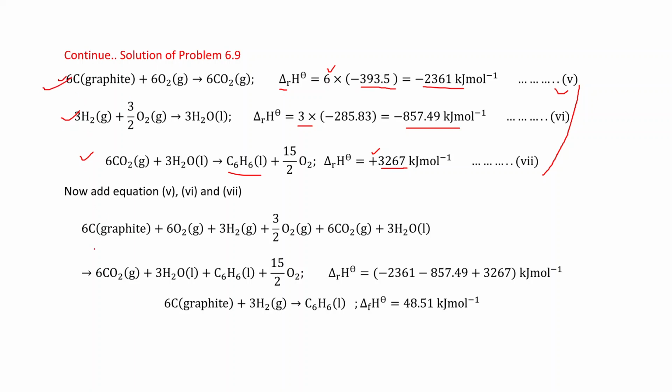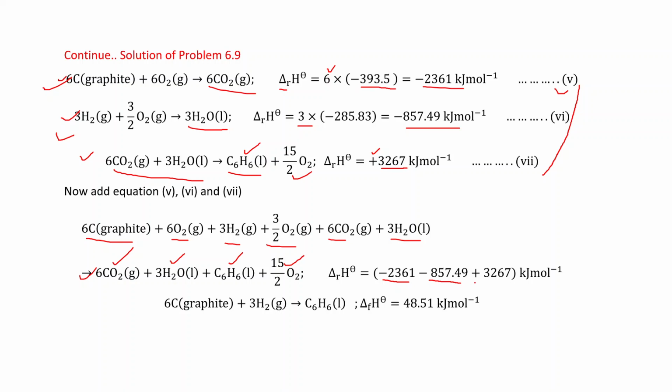From this we can write 6 graphite plus 6 O2, and from this we can write 3 H2 plus 3 by 2 O2. Clear? Then from this we can write 6 CO2 plus 3 H2, then the arrow mark. Then from equation 5 we can write 6 CO2, this is 6 CO2. Then from equation 6 this is 3 H2O, this is 3 H2O, and then from equation 7 that is benzene, C6H6 and 15 by 2 O2. In the same way we will add the values of these enthalpy changes, that is minus 2361 minus